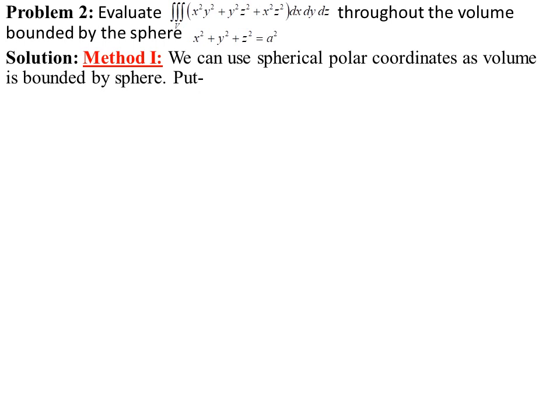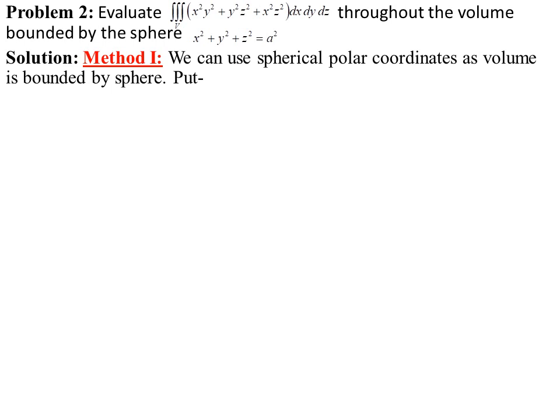So I'm going to explain two methods over here. Apparently, for this problem we have to find the evaluation of integration over the volume of the sphere. So we may think that the problem can be solved with spherical polar coordinates. Yes, it can be solved with spherical polar coordinates. And now think about whether it can be solved by Dirichlet theorem or not. Now see the integrand x square into y square plus y square into z square plus x square into z square.